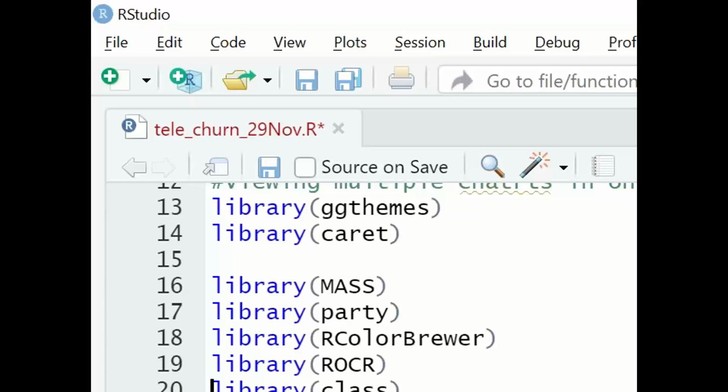Right, exactly. So this is something very similar to the caTools, right? We use this for the